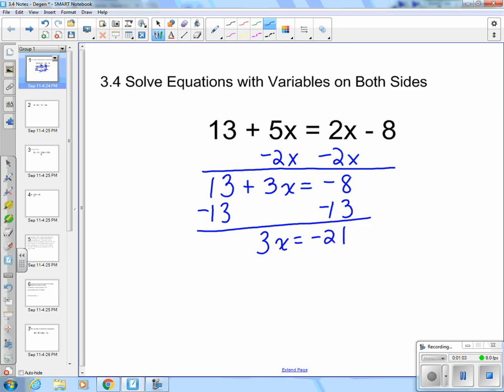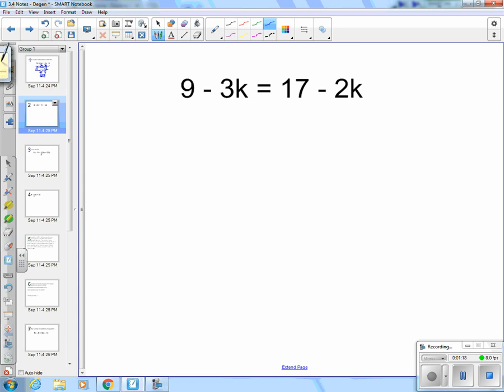Now we're down to that one-step equation where we'll divide by 3 on both sides and have x equal to a negative 7 for our final answer. Let's try another one here. If you want to try this one by yourself, stop the video, do it yourself, and then turn it back